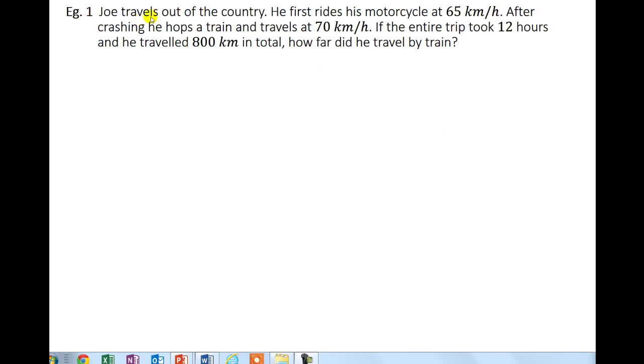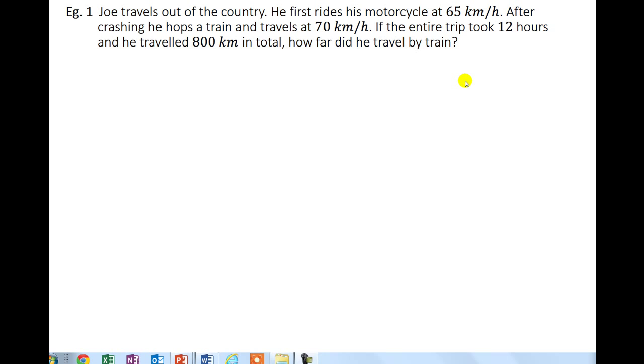Example 1. Joe travels out of the country. He first rides his motorcycle at 65 kilometers an hour. After crashing, he hops a train and travels at 70 kilometers an hour. If the entire trip took 12 hours and he traveled 800 kilometers in total, how far did he travel by